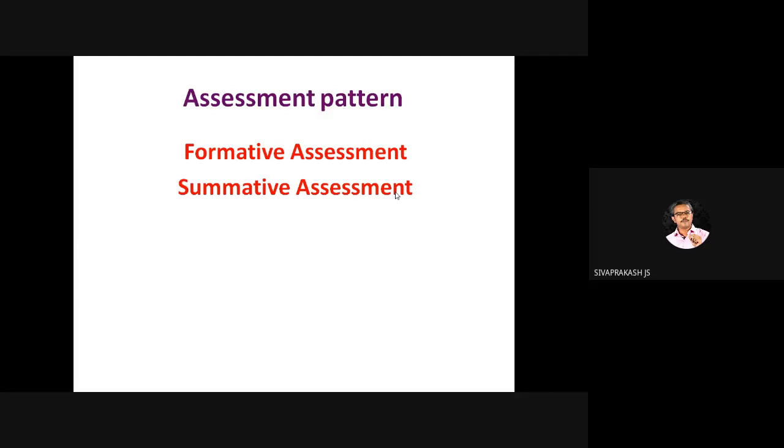Right? You can see nowadays even all autonomous colleges used to have it. Earlier it was not like that. Earlier, when the university conducted exams, we used to have only summative assessment. End term assessment is called summative assessment. Summative means summarizing, right? That is called the end term assessment. Nowadays even all autonomous colleges, even universities, insist on conducting internal assessment at least for 20%, 25%. Even some of the colleges have 50% weightage for internal assessment.